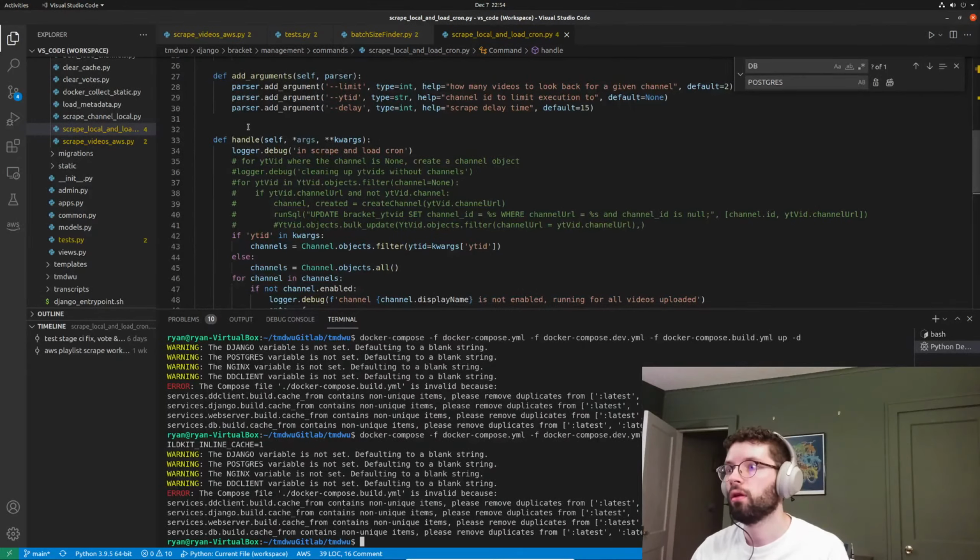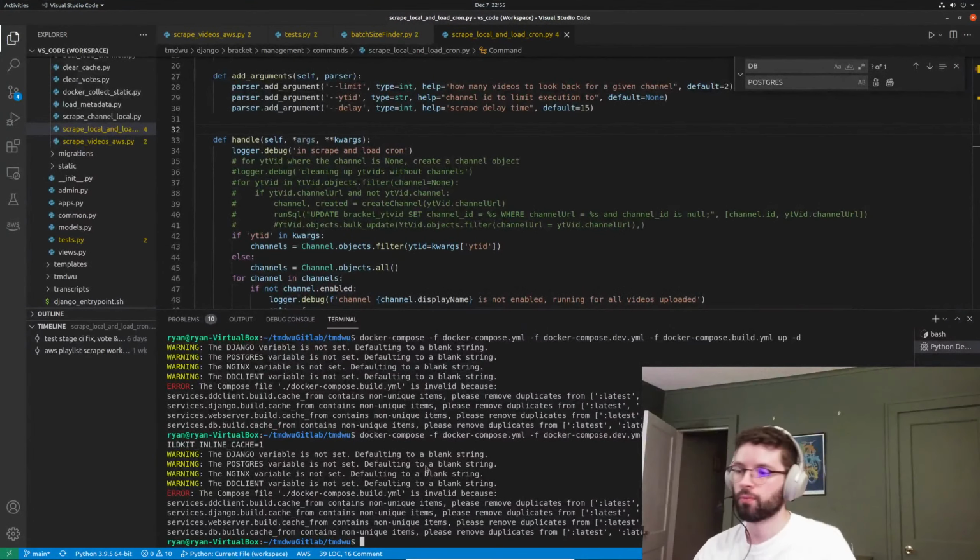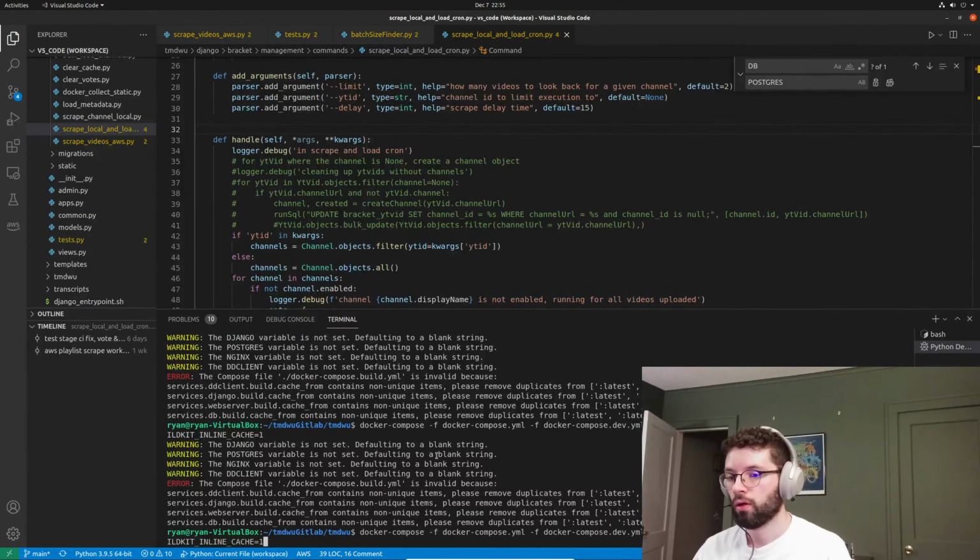Programming test cases in Django, and I'm going to run them in GitLab. First off, I have an issue to fix here. When I try to build with Docker Compose,